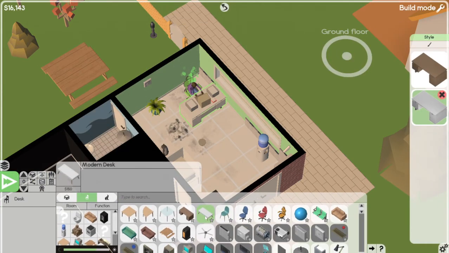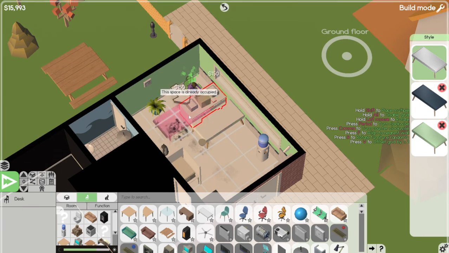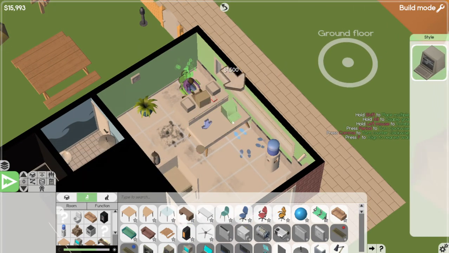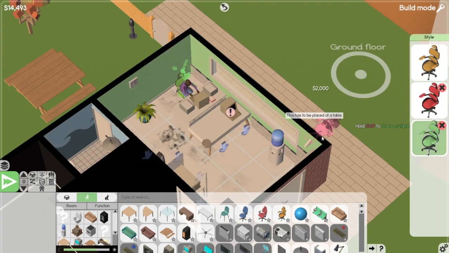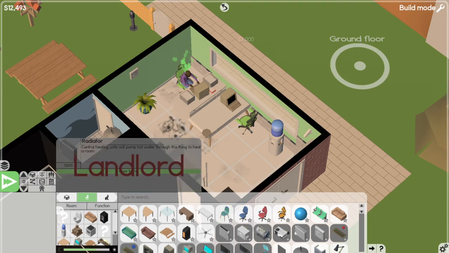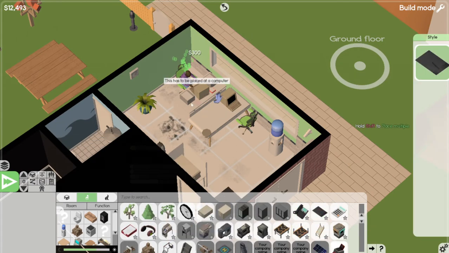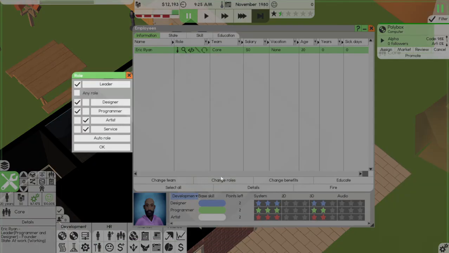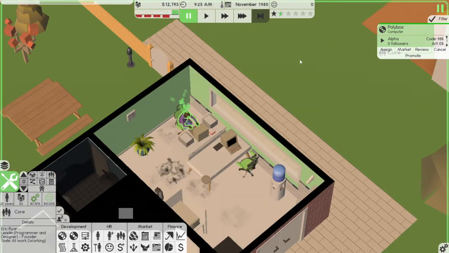So I'm just going to do a modern desk because I don't need the environment boost from a fancy one that costs twice as much. A computer, which is going to hurt my bank account. A fancy chair, which is going to hurt my bank account even more. And an art tablet. And so I'm not wasting all this money, I'm going to remember to turn off secondary coding for him. I mean, arting, drawing for him. And we're going to hire